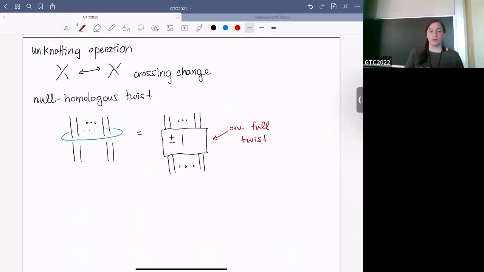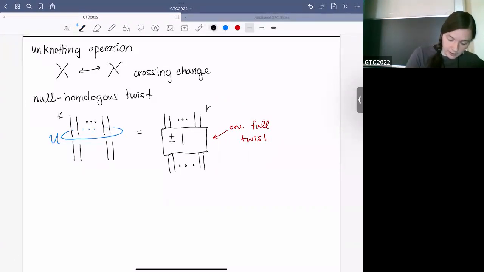What I want is something more analogous to a crossing change, something that is sort of like an unknotting number. Okay. And in order to do that, what I'm going to do is require that this little unknot, let's call it U, that I drew here, is null homologous in the complement of my knot. Okay, and you don't really need to know what that means. All you really need to know, so here's my knot K, here's my knot K prime. All you need to know is that the requirement is that if I look at the disk bounded by this unknot, and I look at the intersection between my knot and that disk,